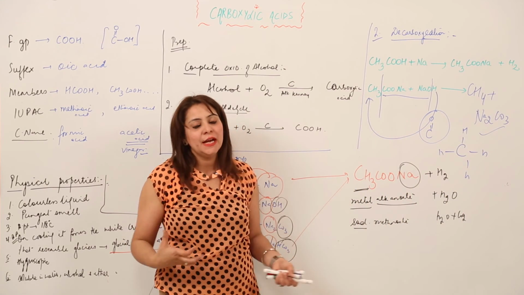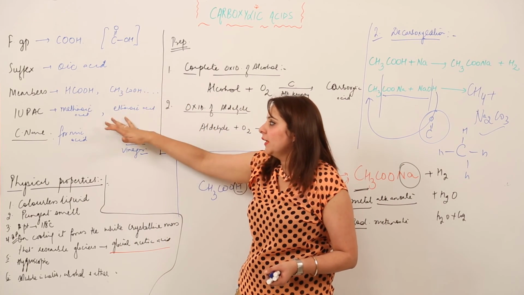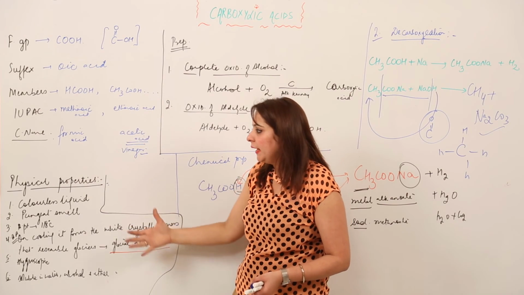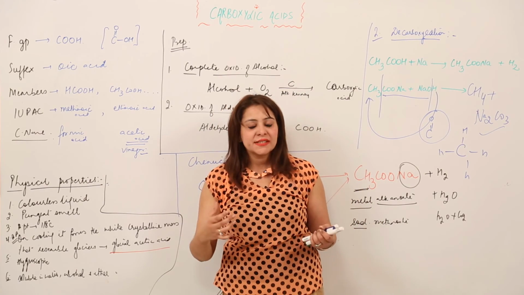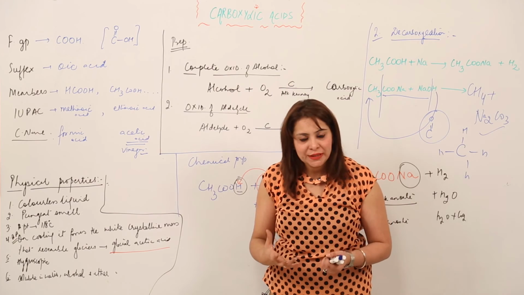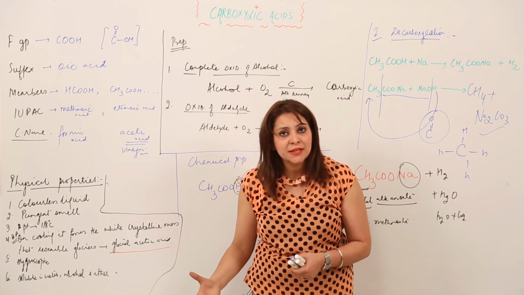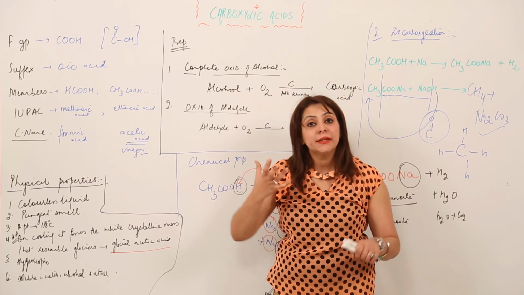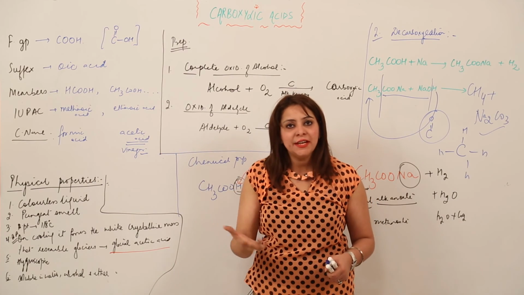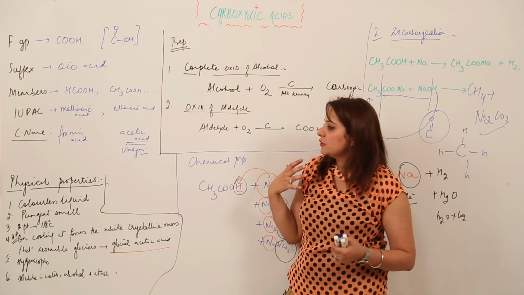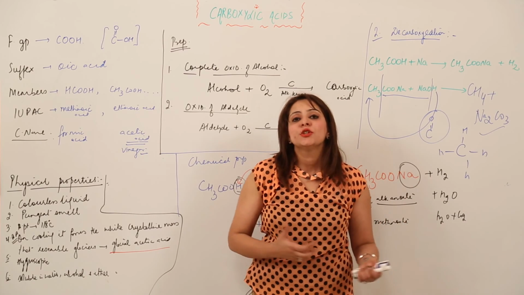I think you are clear with carboxylic acids: what the functional group is, what the suffix is, what the members are, what the IUPAC names are, what the common names are. And you know the uses of carboxylic acid? In industries it is used as a reagent, in perfumes, dyes, in the formation of esters as well, and also in certain medicines. Moreover, you are familiar with the use of vinegar in the kitchen. So this is how you get to know the physical properties, the preparations, the chemical nature. So it is not a big task.